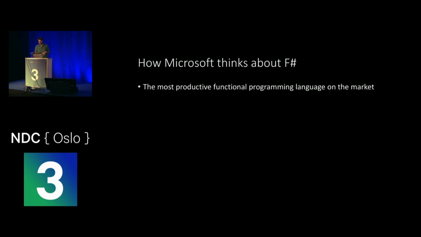But, oh well. So we have a very basic viewpoint for F#. I mean, this slide could honestly just be this single bullet point. The way that we think about it is that it ought to be, and should forever be, the most productive functional programming language on the market. What productive means is kind of up to you. Some people care about tools. Some people care about the speed of the compiler. Some people care about the speed of the runtime. Some people care about the different abstractions that are available. Some people care about if they're able to hire for it. Productive can mean anything really,